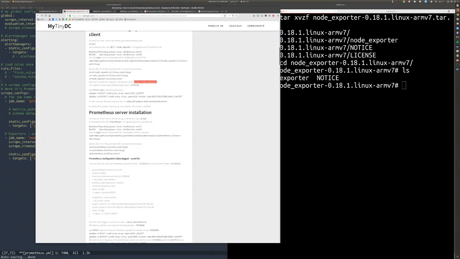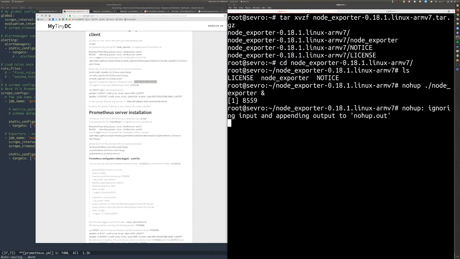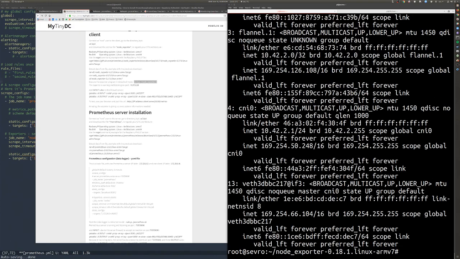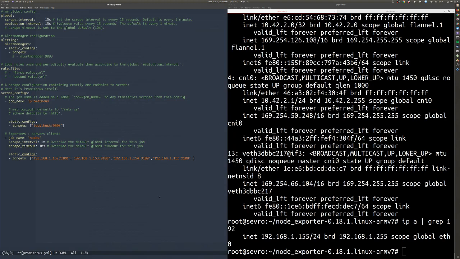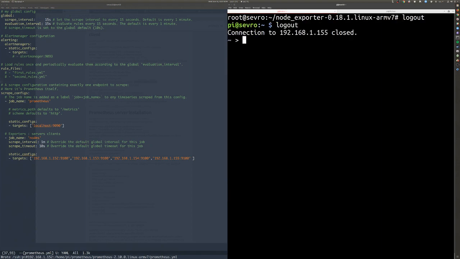So there we go. Then I'll take this node exporter, and I will paste it. And then do ip a, grep 192, and that's 155. So this should become 155 now. And then there we go. So my theory now is if I go back to Fitchner,